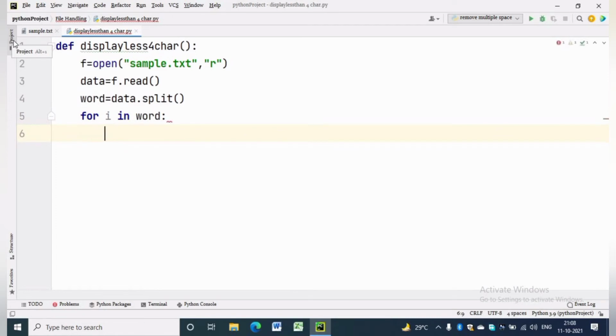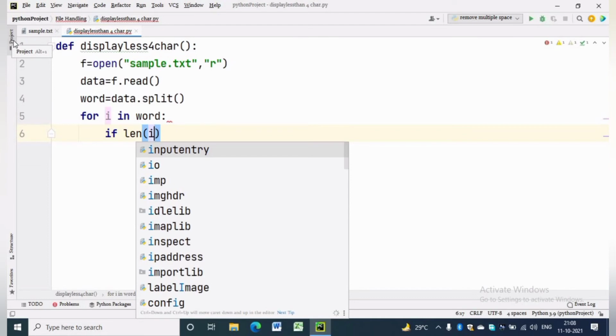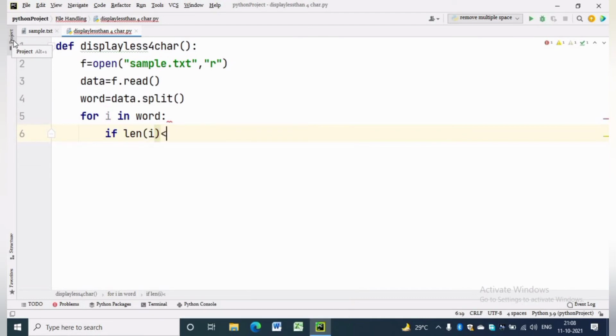Now we can loop through the list. For i in word, if len(word) less than 4, print i, and \t. Here it will check the length of the words. If it is less than 4, then it will print them.